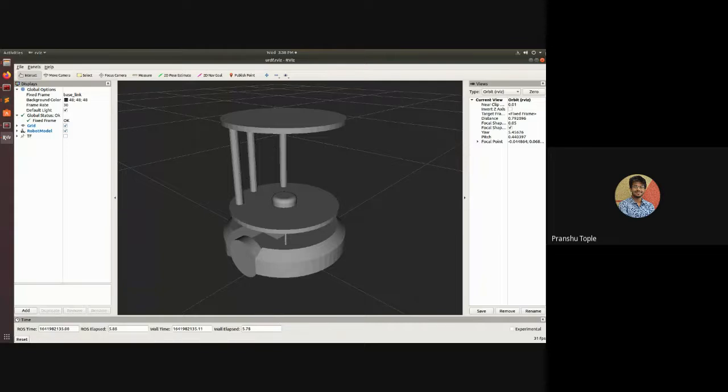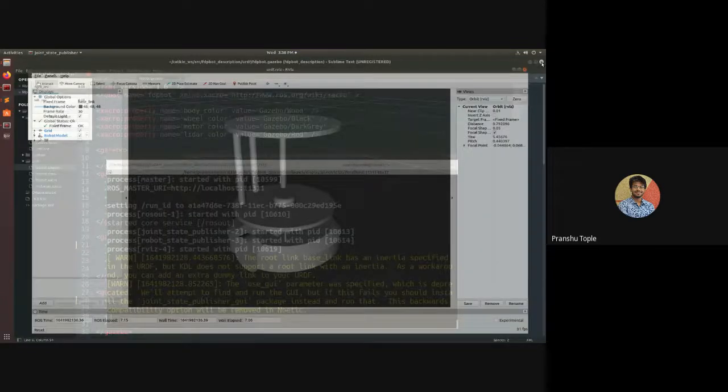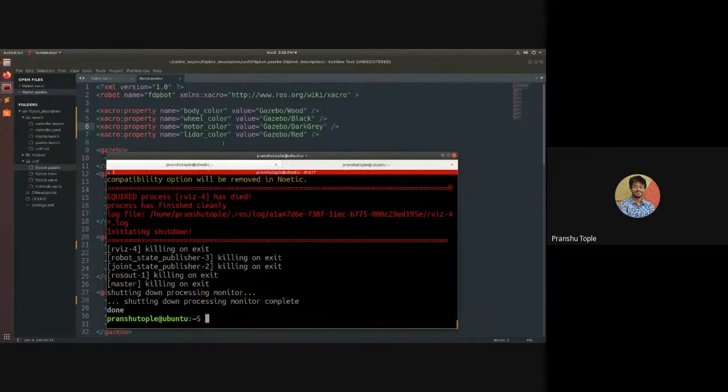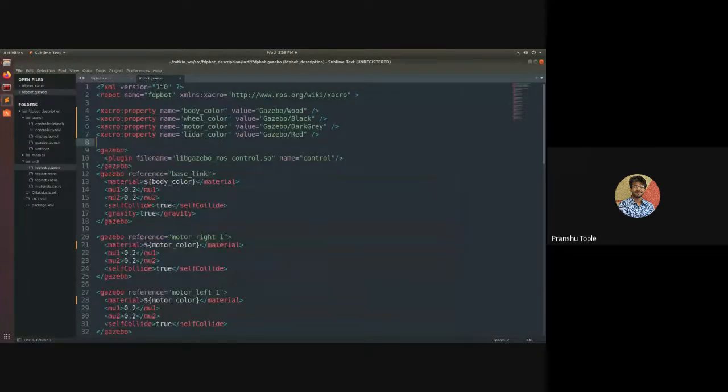Why is it so? Because the properties that we changed were for Gazebo. That's the reason the name of the file was .gazebo, and everything here is referring to Gazebo. So we have changed the materials of the robot just for Gazebo.